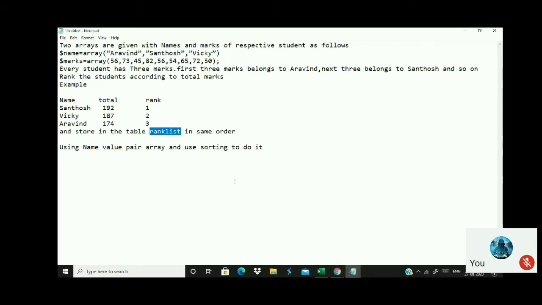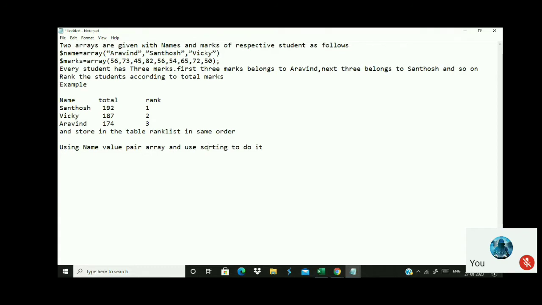It's a web-related project, so how will you do this? Any idea? People who are staying connected here. How will you do this? Mohandan? Sir, how will you do this, Mohandan?